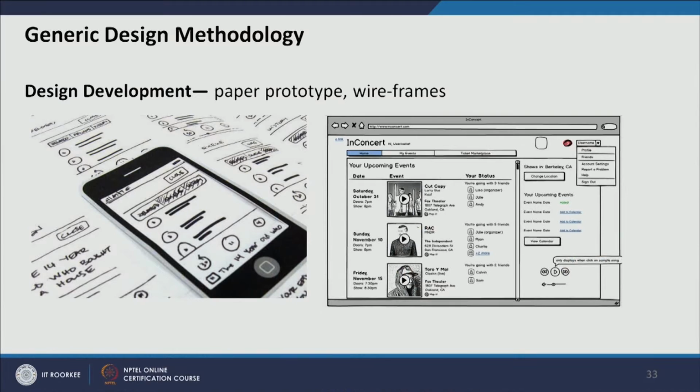In that phase, the first thing can be a paper prototype or wireframe, which is the low fidelity design. So we quickly design something. In this example, we can see some examples of wireframes. These are not very clearly designed concepts. They are at a very conceptual level. So we can just sketch, or we can also use wireframing software tools, for example Balsamiq. There we can quickly design some sketchy information and some tabs,